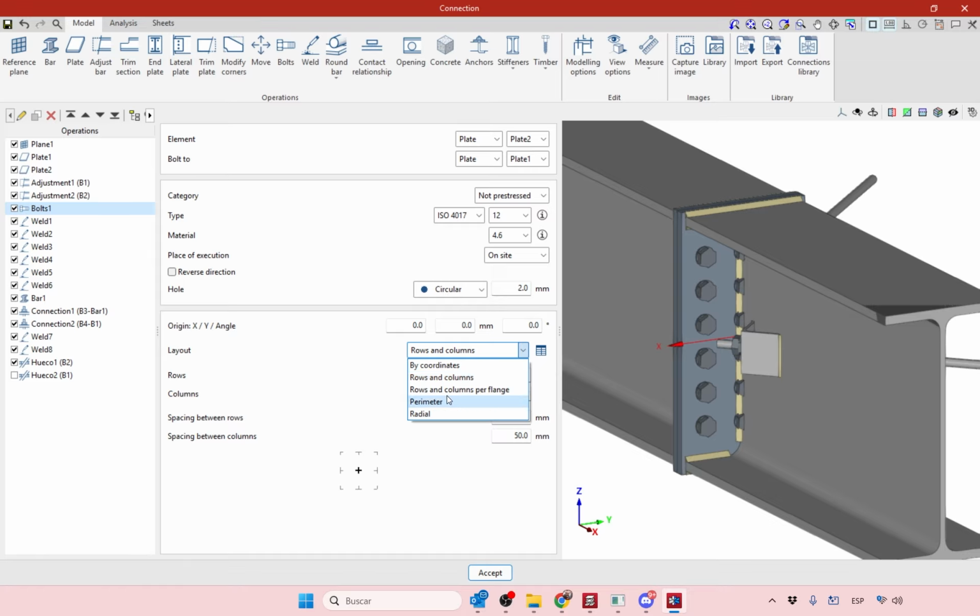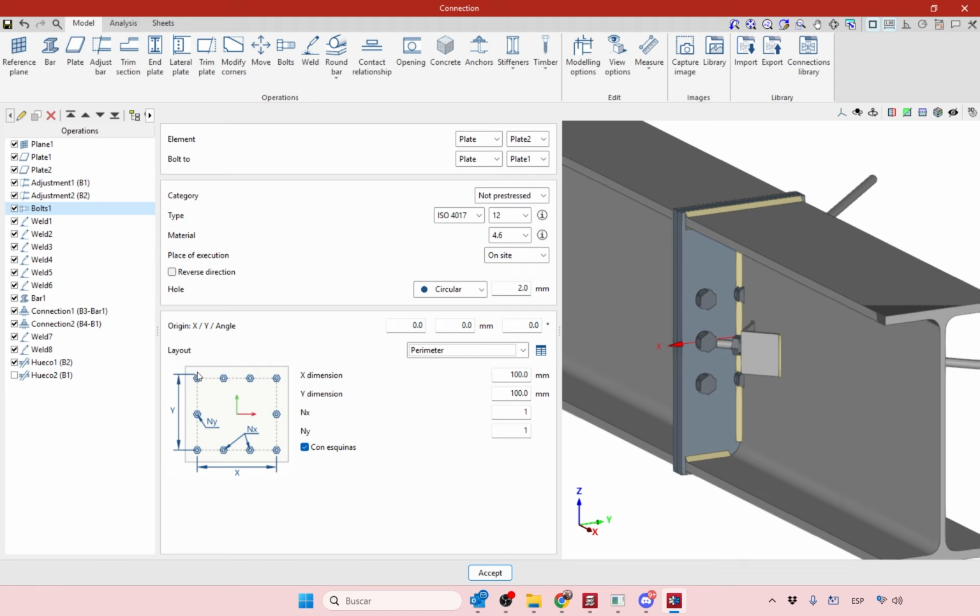There's another one that is called, I will see this in a while. I have to change the operation. This is not applied for this one. There's another one here that is for perimeter. So the idea here is that you have this perimeter, and then you decide the size of this perimeter, X and Y. Okay, X and Y. So let's imagine I have here in Y 200 millimeters in this perimeter of